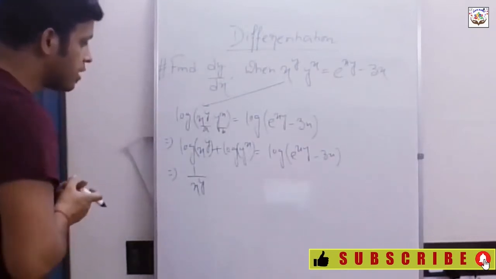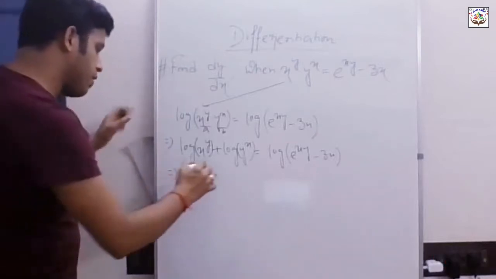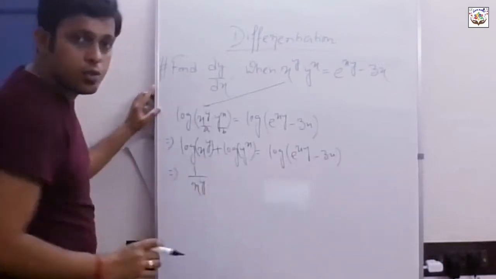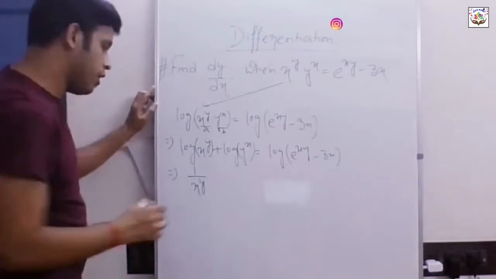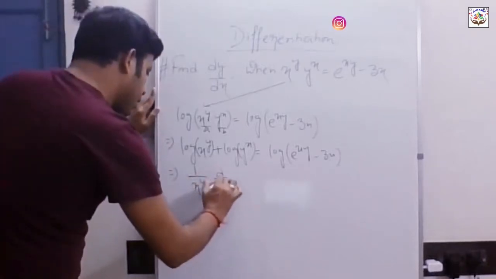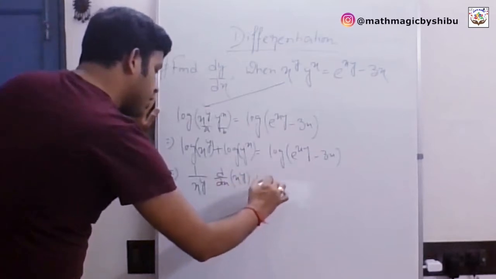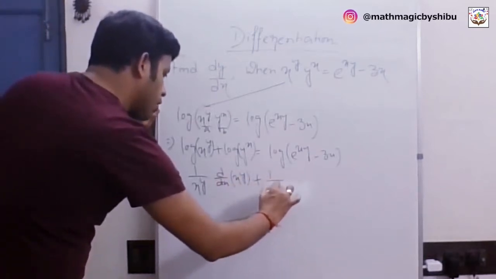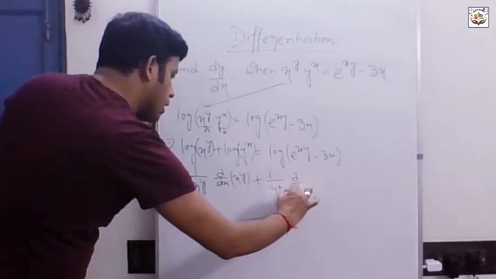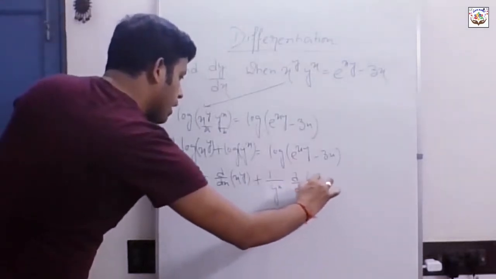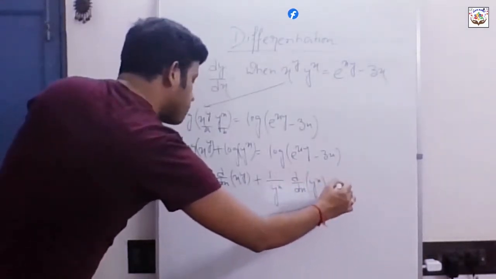So we need to do d/dx of x to the power y, plus similarly 1 by y to the power x into d/dx of y to the power x, equals to